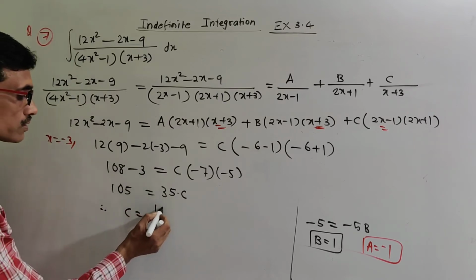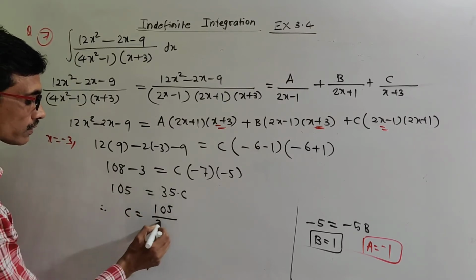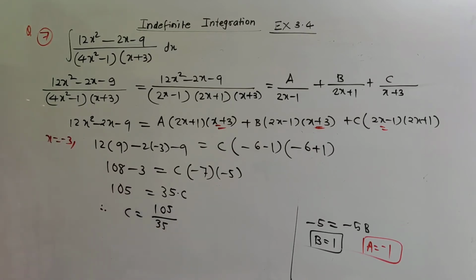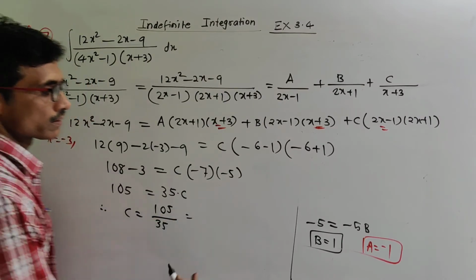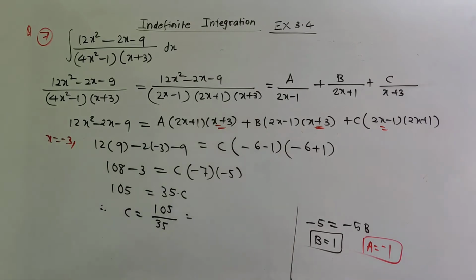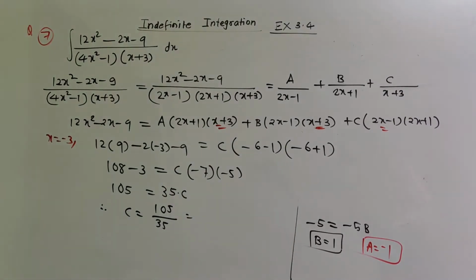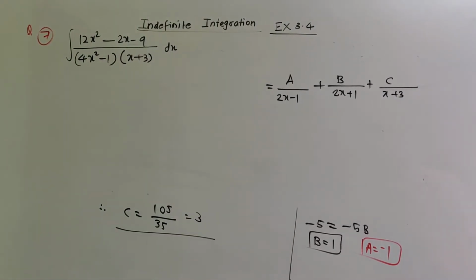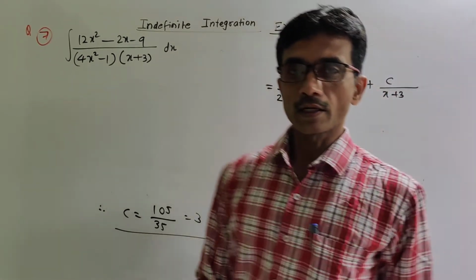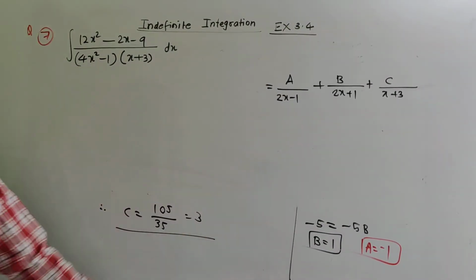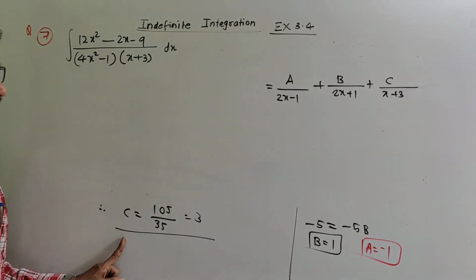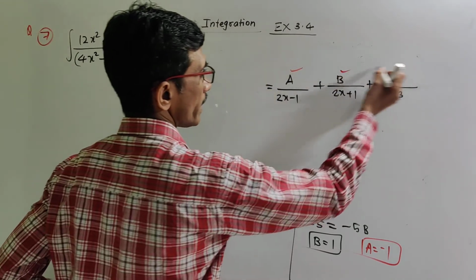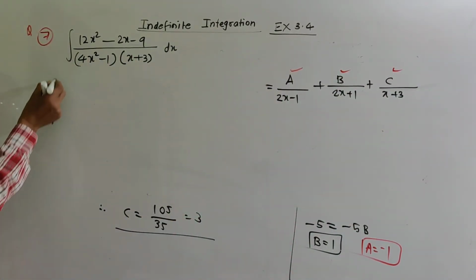So c is equal to 105 upon 35, and we can find out c here. So we are getting it is 3. a is -1, b is 1 and c is equal to 3. Here we put a, b and c, so that our integral I will be equal to